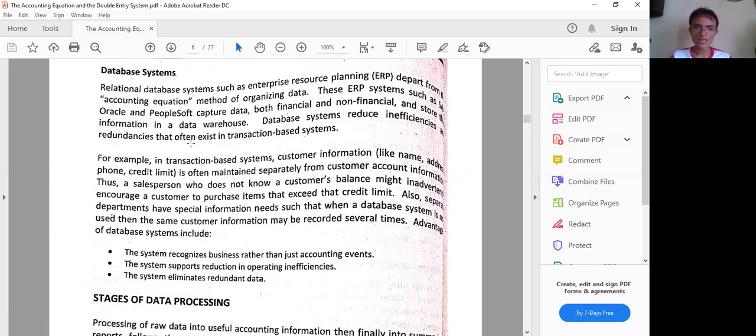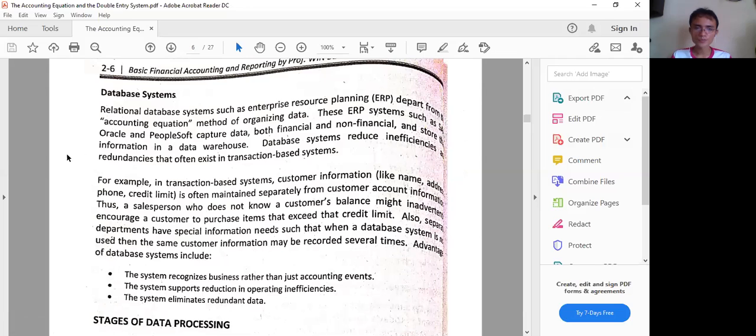On the other hand, if you say database system, it's on top of the computerized. So these database systems would, aside from the accounting, which is computerized, have other functional departments which are placed there and would have connection to our accounting. So in fact, the human resource is embedded there, and other functional departments. However, the accounting information portion will just generate the reports that are financially related, of course.